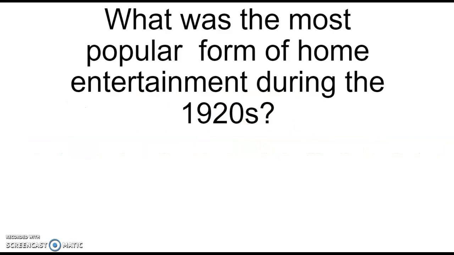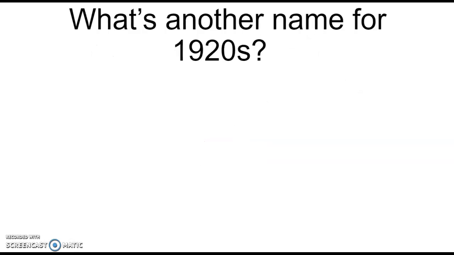All right, the 1920s. What was the most popular form of home entertainment during the 1920s? And that came from the radio, where families would literally pull up a chair and sit around the radio. And these radios were quite large. They were several feet tall in many cases, big console radios. Of course, you could only listen to programs as they were acted out on radio, some programs that would later on become television shows. But at this time, family listened to popular programs on radio. And that's how they not only heard news, but were also entertained.